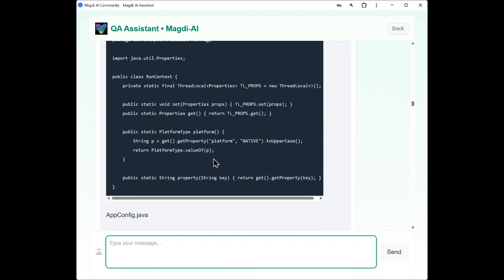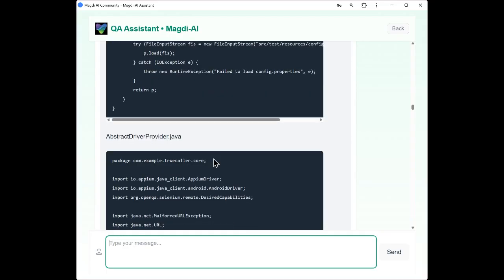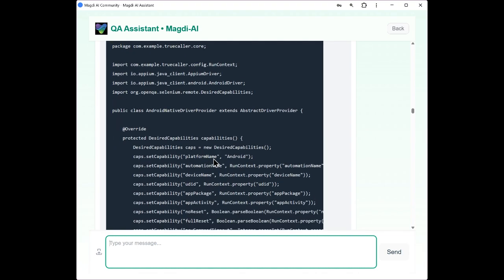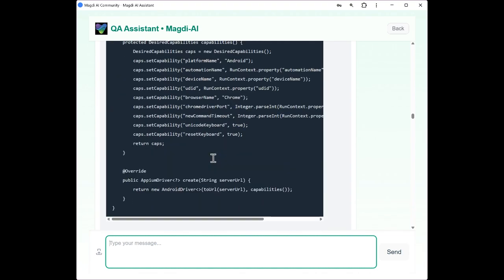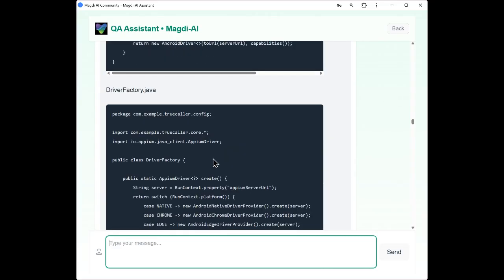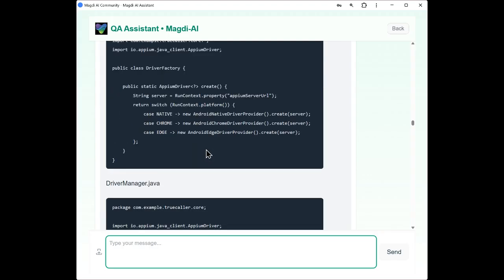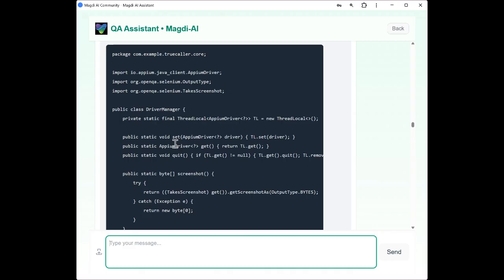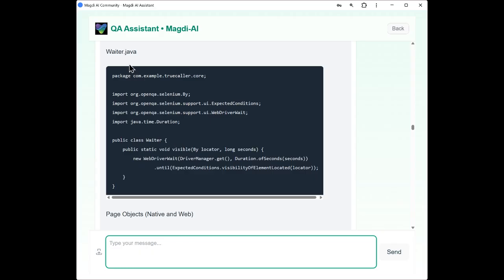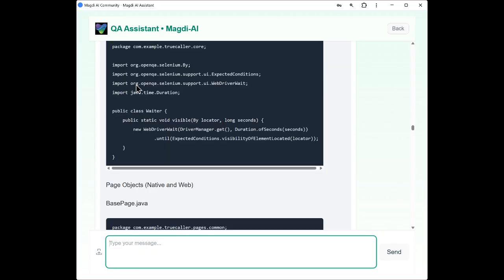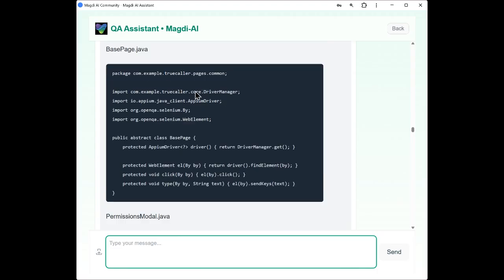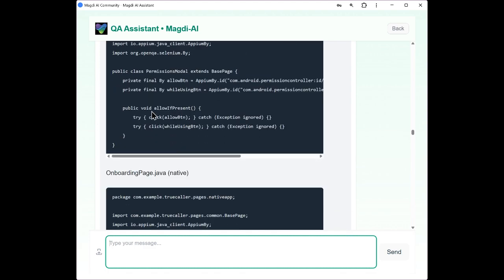So I'm just scrolling through so you can see that it actually is giving you the code for every Java project file that you need to create. You can see that it's basing it on Android. It's actually giving you a driver factory, a driver manager. This is the code that is going to take in those tests and process it. It's using a waiter file, basically trying to control the wait states, the page objects in the base page, the permissions model,